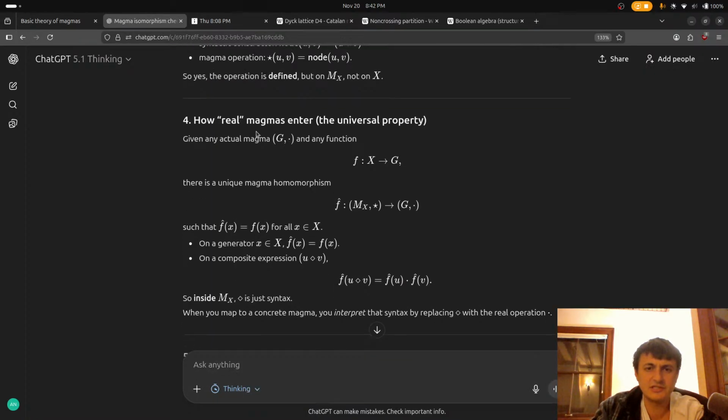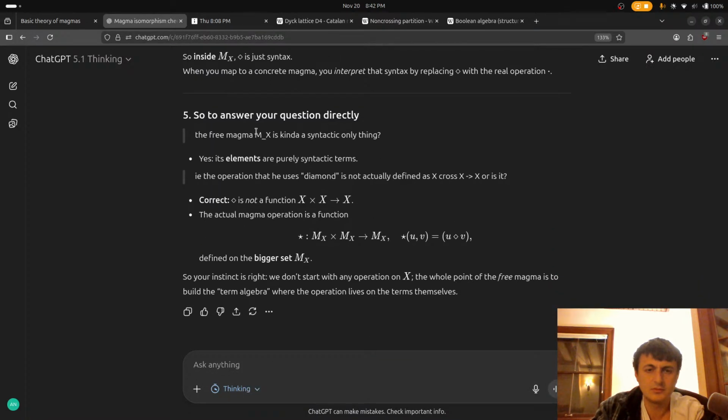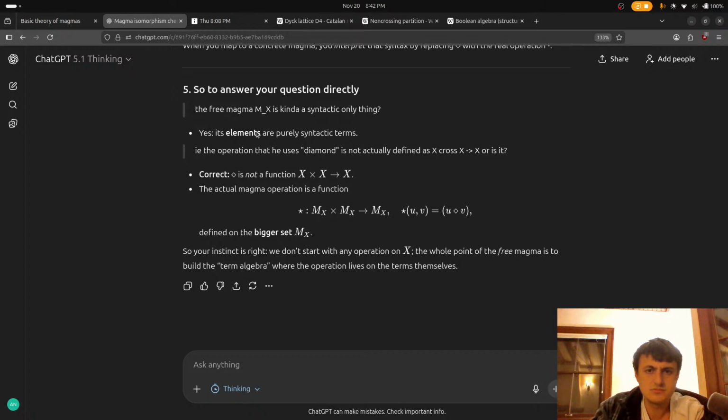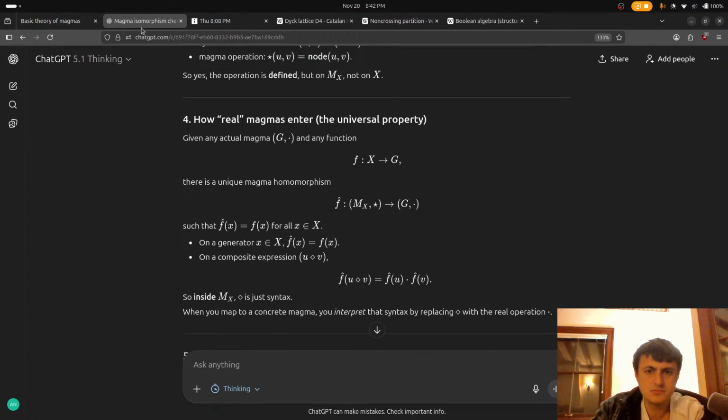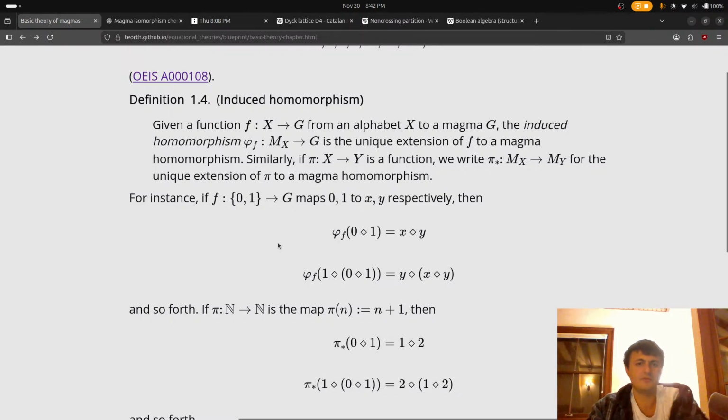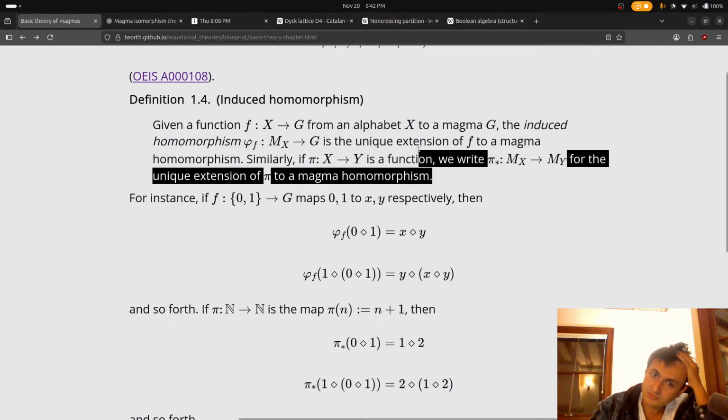Okay, let me try to read chat's thing. Let me give it the definition. Wait, hold on, let me use the example. For the unique extension of pi to a magma homomorphism.